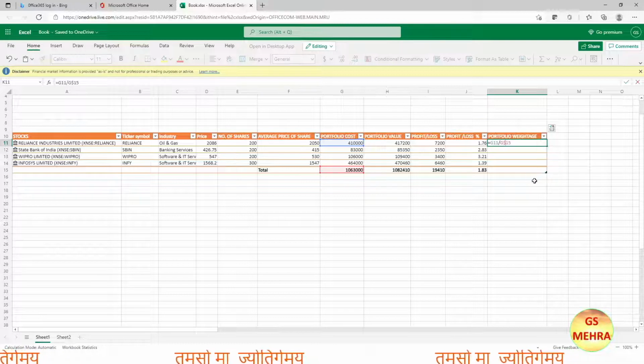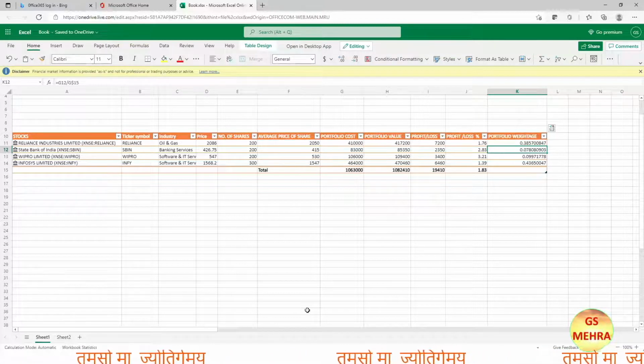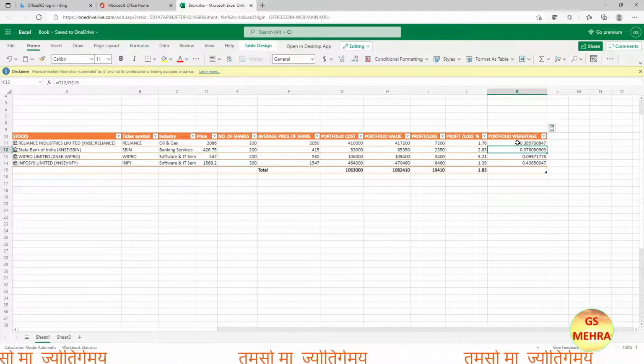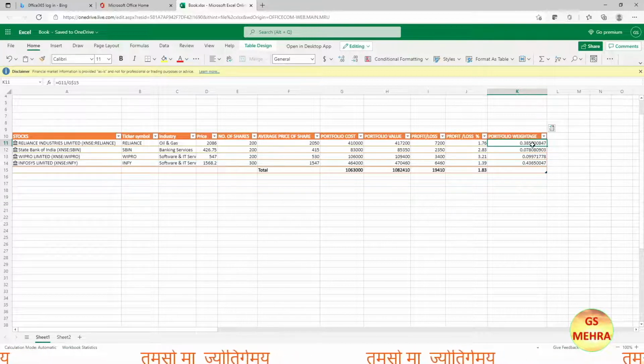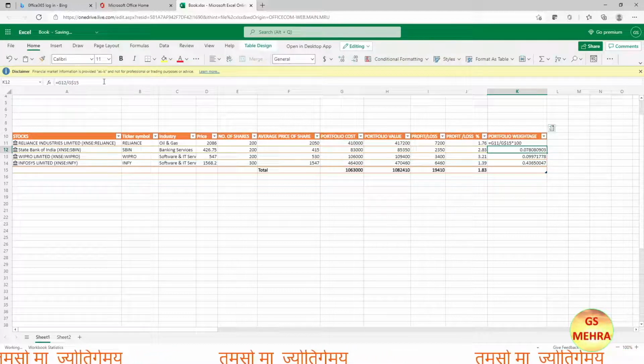Here we are getting it. Now we'll have to multiply, because this is definitely not giving us weightage, so we'll multiply it with 100. When we multiply with 100, it will give us the percentage.